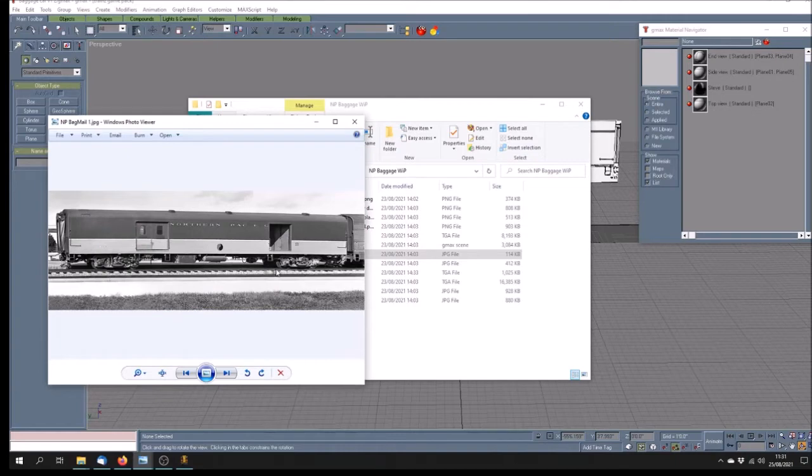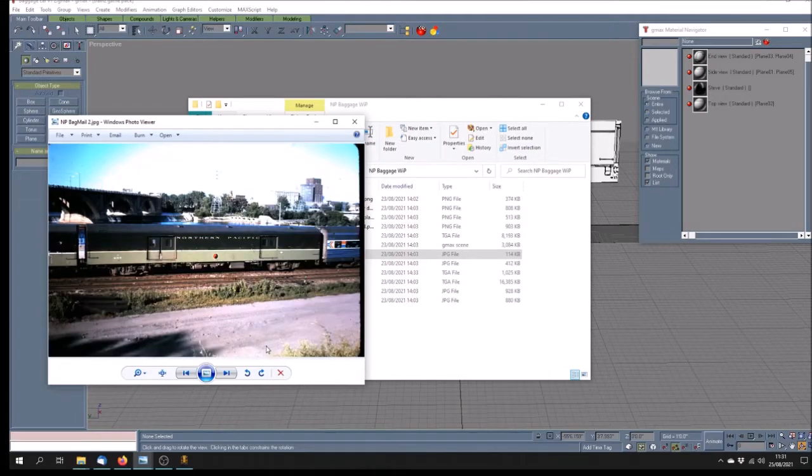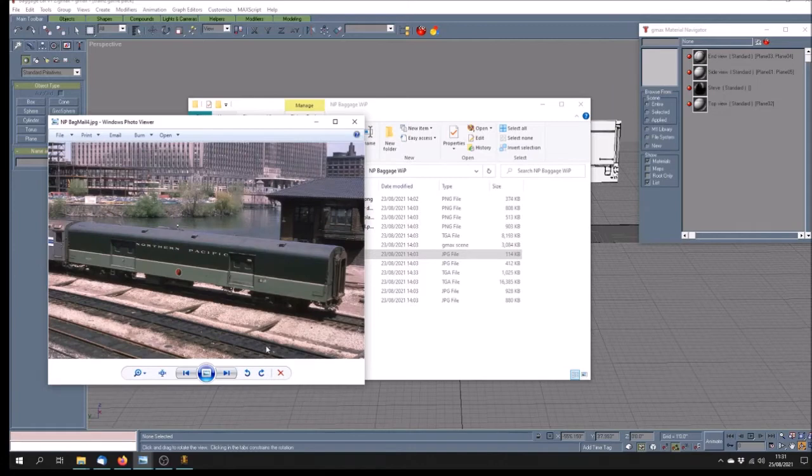carriage. Now, as I mentioned in the comment I posted with the video, I'm not going to bother doing all this detail. I'm just going to do the basics to show you how to get the mesh going. And for this one, I'm not sure if there's a colour version. Well, yeah, there's a colour version. There's a better one. Oh, there's a nice one. So this is the baggage car, and despite